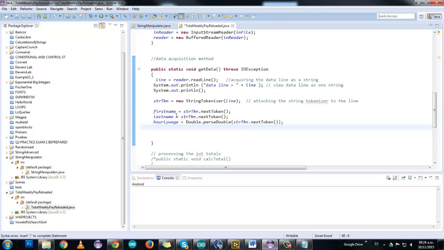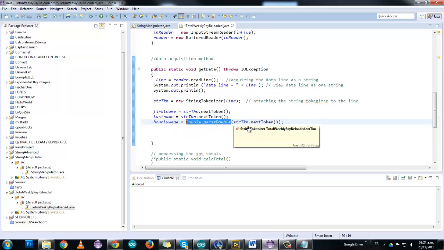Now here's a little trick. The first token is a string, right? So when you tokenize it, it will just save it as a string. The last name is also a string. But with the hourly wage, if you want to turn this into a number where you can do operations later, you can parse this string into a double. So you would want to use this method from the Double class in order to cast it, or just parse that number into a double where you can create operations later on. So you would have to do that with all the numbers